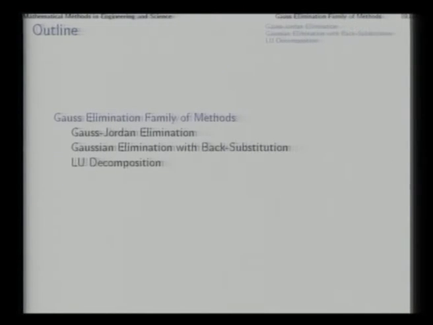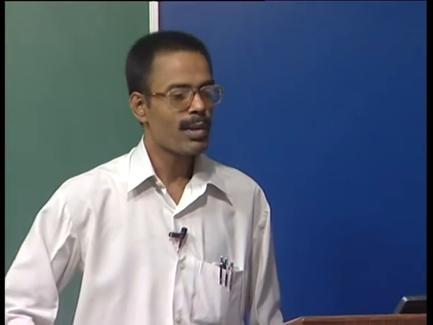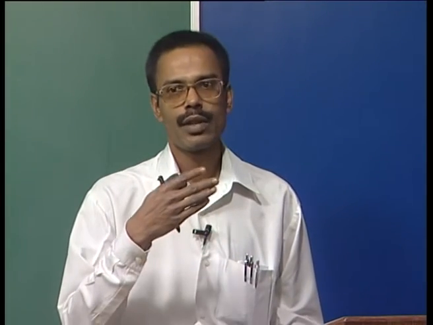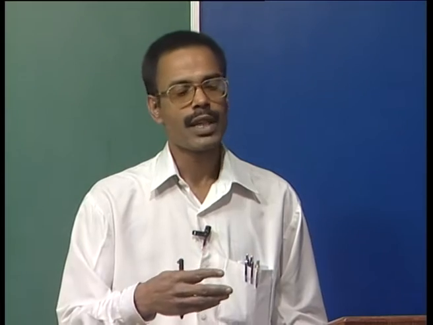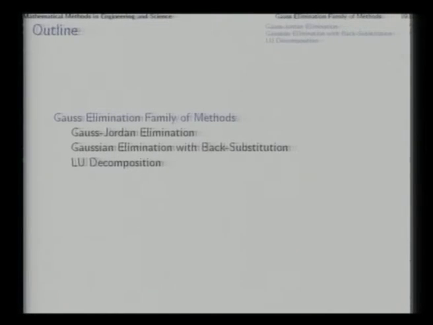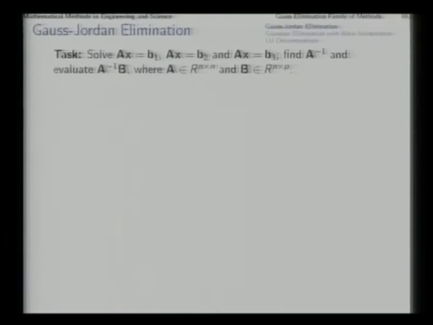Now, we have to note that these methods are typically applicable for square systems, and we are expecting a matrix which is non-singular as well. It is square invertible matrices. Now, when we have a system Ax equal to b which we want to solve for known A and b, first we see how we handle Gauss-Jordan elimination.